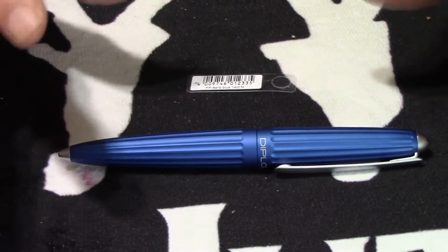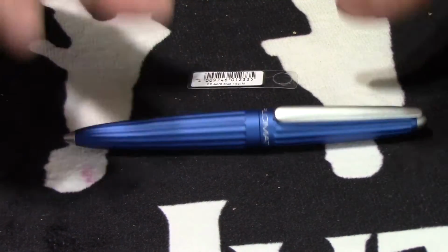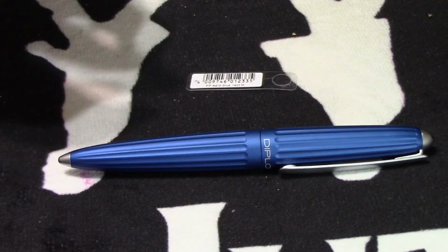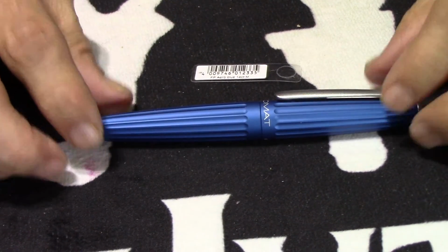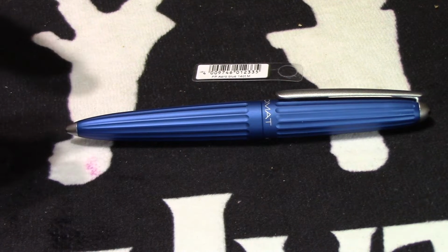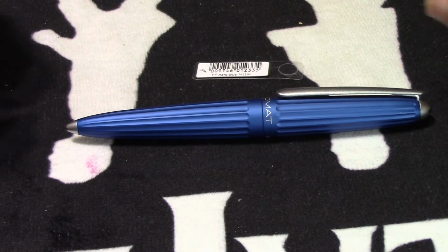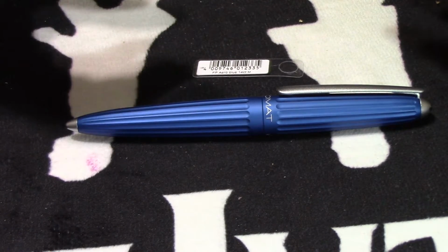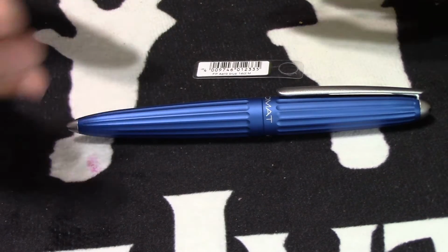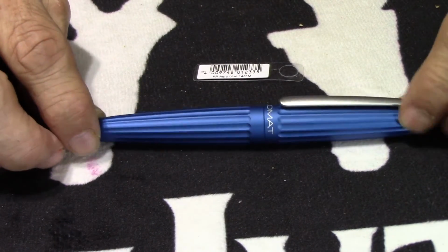It's just not a pen, at least to me. I like pens that have a story about them, about the development of the pen, how the maker put a pen together, what were the thoughts of the person that was making the pen, the designer, and this is it, a beautiful pen,